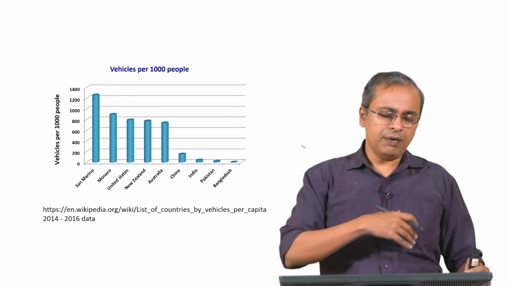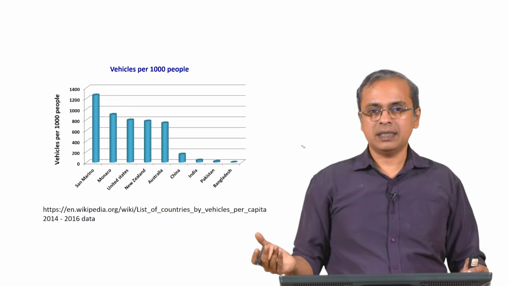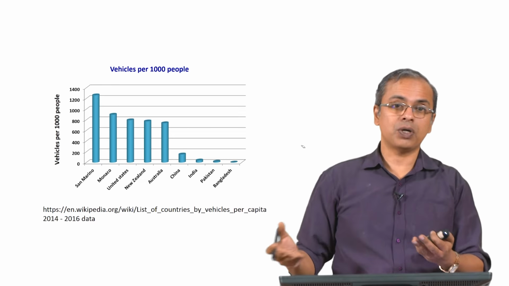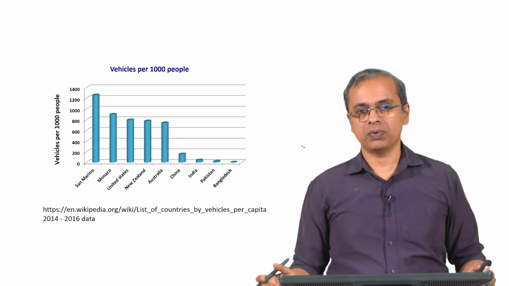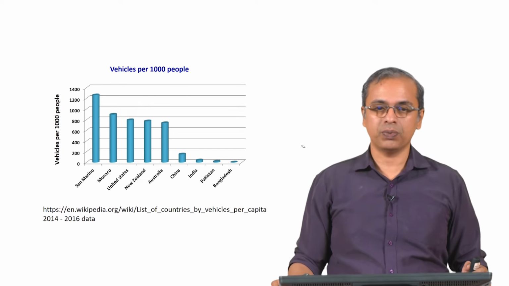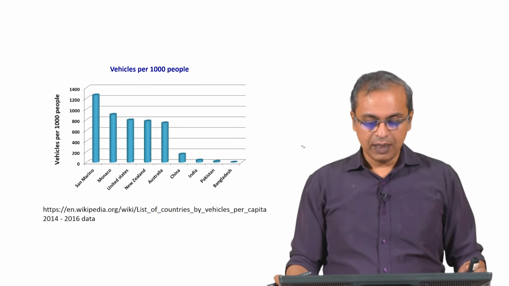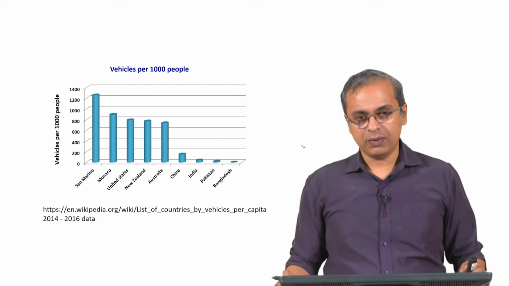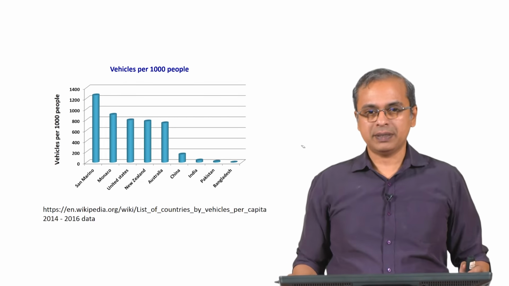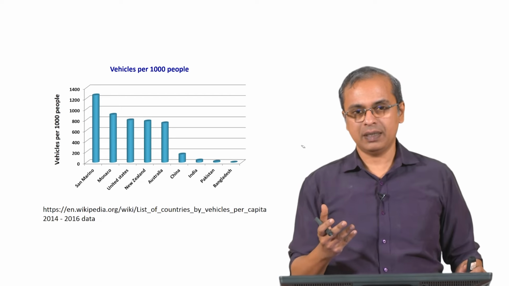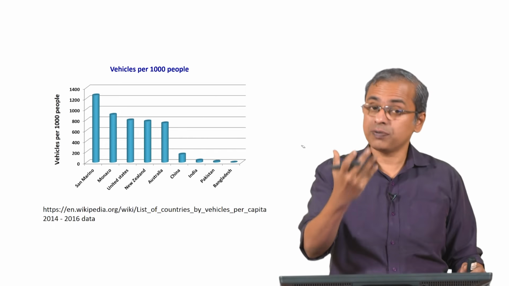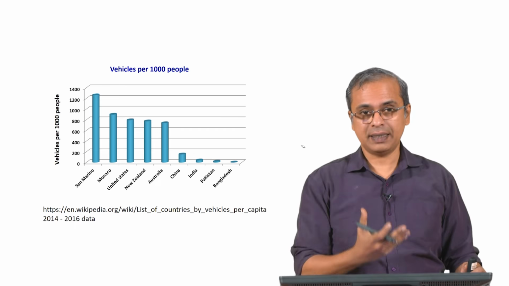Of course, we see automobiles all around us in all modern cities. The place is just crawling with automobiles of different kinds: 2-wheelers, 4-wheelers, and in the Indian context 3-wheelers, which are not so common in, say, a European or American context, but certainly very visible in the Indian and Asian context. So, there are some interesting statistics to look at. How many vehicles are there in a country for every 1000 people present in the country? This is a statistic that people often look at to get a sense of the vehicle density there, and how much of an impact vehicle related technologies might make there, and so on.